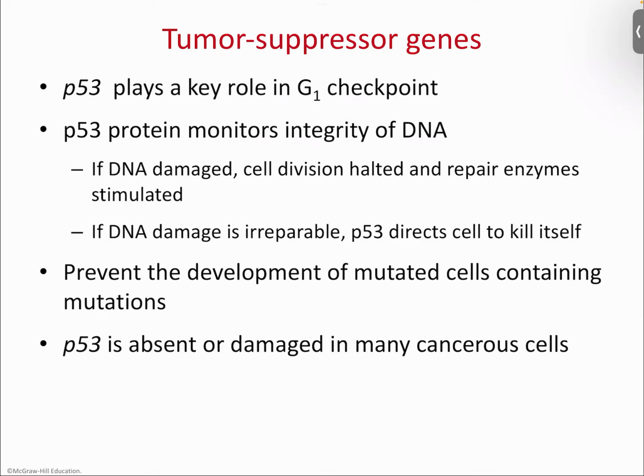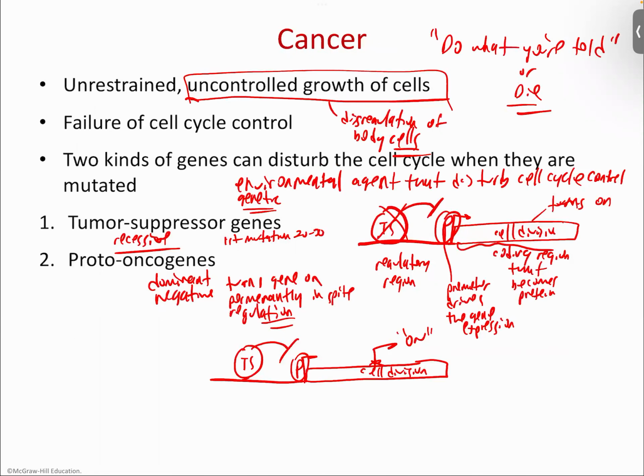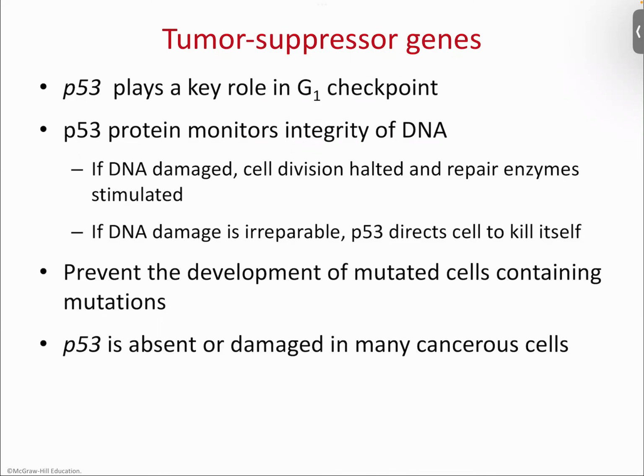So let's clean up a little bit of chapter 10, right? We'd already been talking about the two different types of genes: tumor suppressor genes and proto-oncogenes. And we were going to talk about a couple of different types of tumor suppressor genes. The big one, the grand poobah, so to speak, of the tumor suppressor world is a protein known as P53,